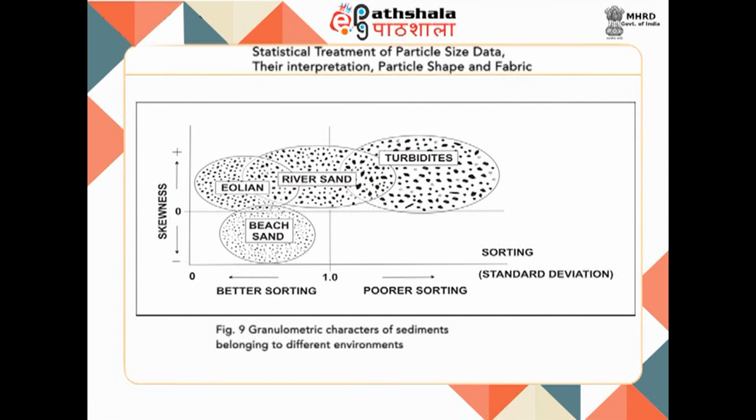Now, what about the beach sediments? They are negatively skewed, unlike the fluvial or aeolian sediments, which are positively skewed. This means that the distribution curve shows a definite lower limit of grain size, whereas there is often a tail of larger grain size, that is granules and pebbles. In the beach, repeated breaking of waves takes sediments into suspension, and finer sediments, fine sand, silt and clay are swept away. Coarser grains, particularly medium to coarse sand, rapidly settle down from suspension and get deposited on the beach again. Besides, beach sediments are well sorted also.